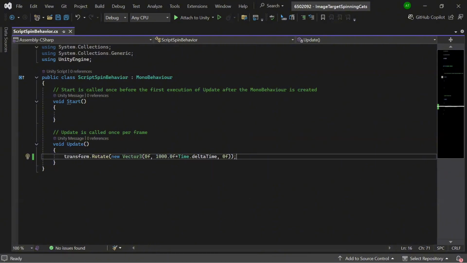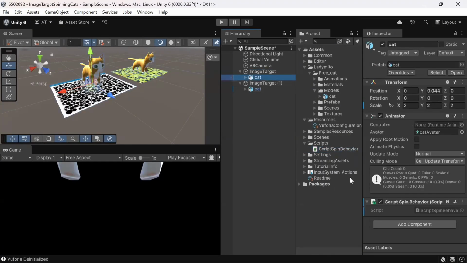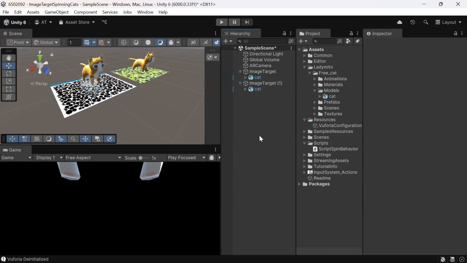So later we just save that and we go here, we drag and drop onto each object to assign the scripts to them. Okay, wait, I'm setting up the images. Okay. So when you run the program,